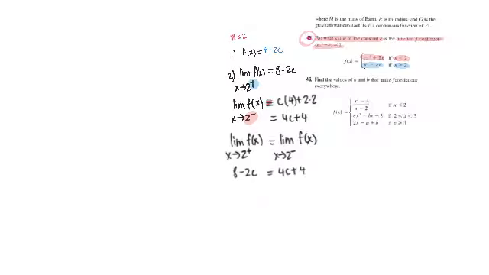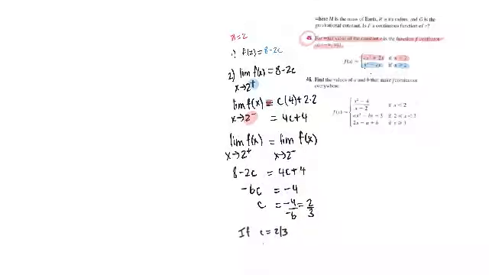So for this limit to exist overall, those one-sided limits have to be equal, right? So I'm going to set the left one equal to the right one and see what that gives me for c. So I go 8 minus 2c equals 4c plus 4. That means negative 6c is equal to negative 4, or c is equal to negative 4 over negative 6, which is 2 over 3. So if I choose c equal to 2/3,